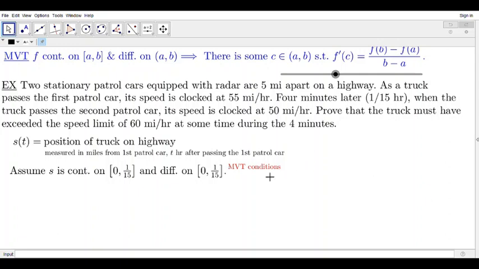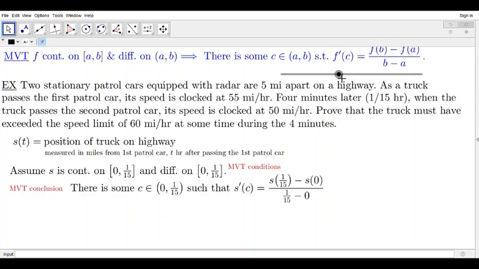Oops, I made a typo here. This should be an open interval. So assume S is continuous on the closed interval 0 to 1 over 15 and differentiable on the open interval. That's supposed to be open from 0 to 1 over 15. According to the mean value theorem, because the conditions are satisfied, there should then be some number c inside the open interval 0 to 1 over 15 such that S prime of c is equal to the following fraction: